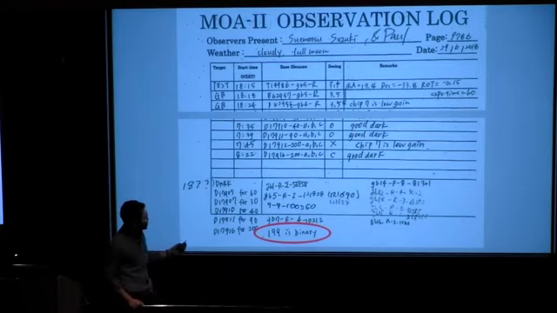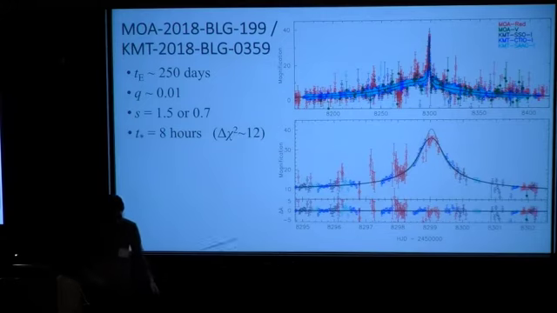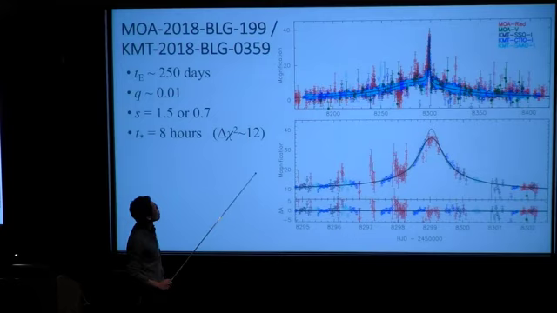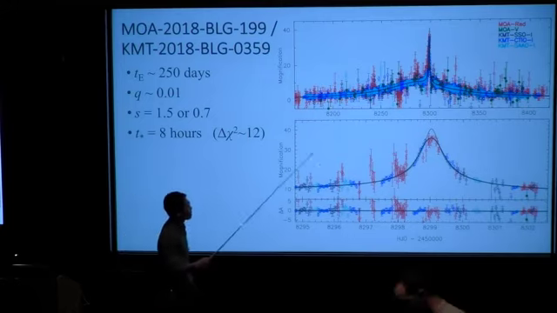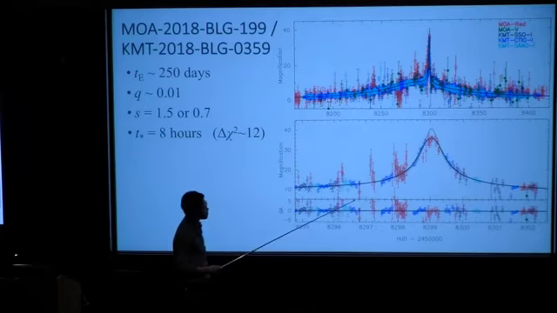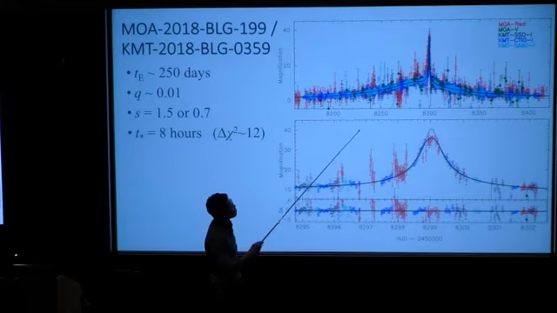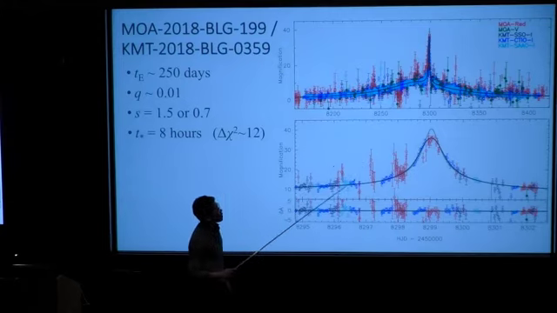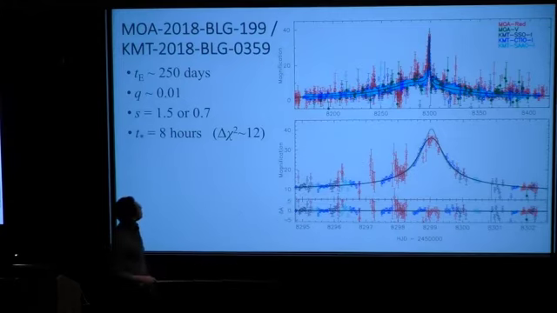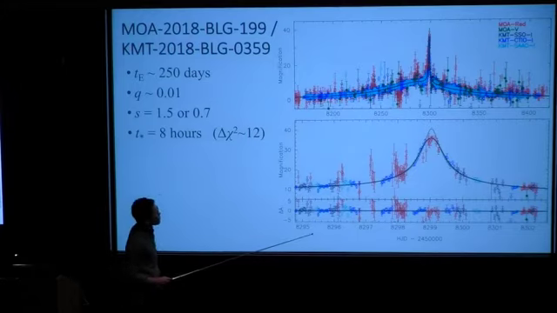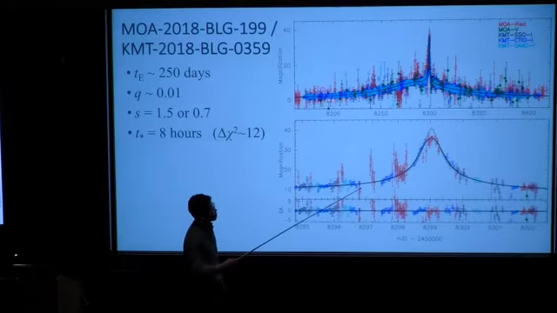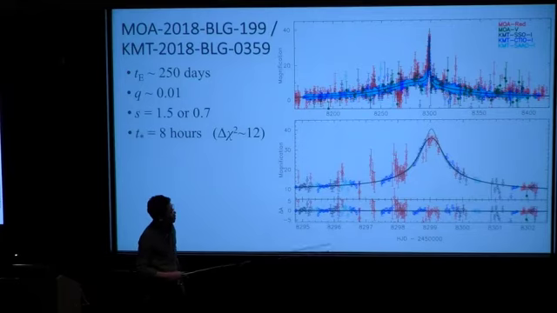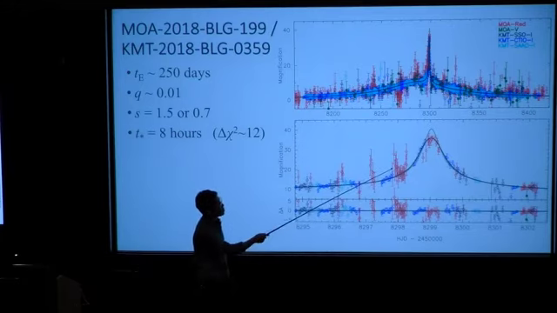Anyway, this event is thanks to the high cadence of MOA and KMTNet, we can cover the whole light curve and also the anomaly part. So we have data of MOA red and V band from MOA, and also three KMT telescopes. This bottom panel shows the zoom up of the anomaly, and the peak was covered by MOA and also KMT